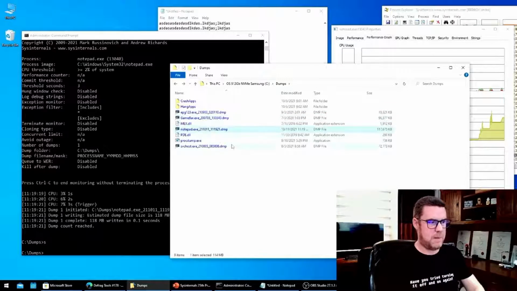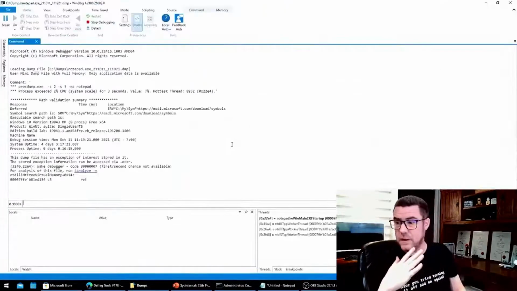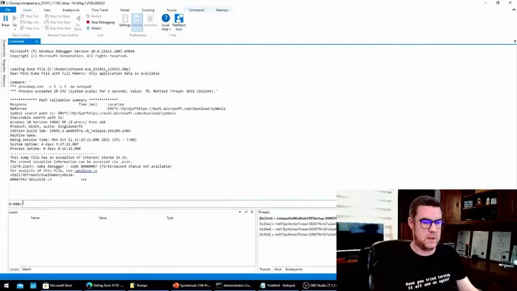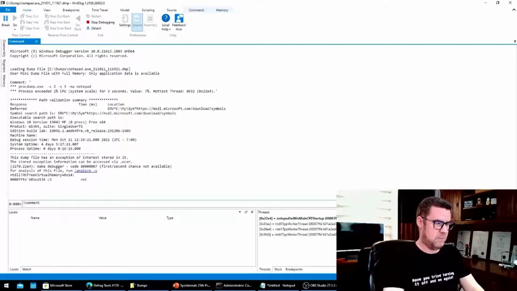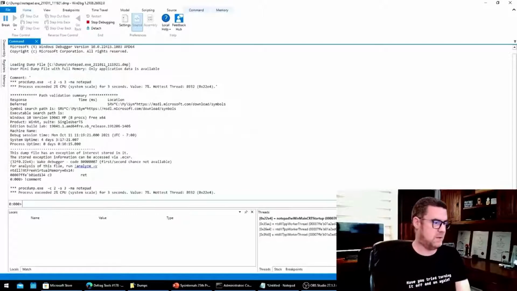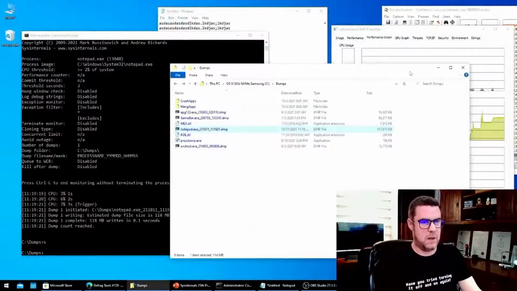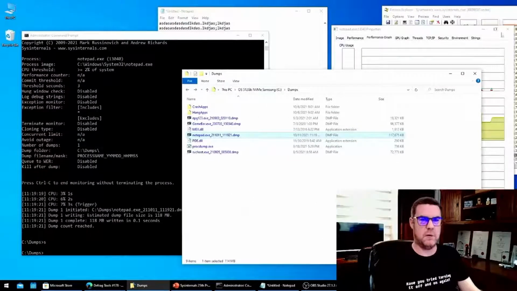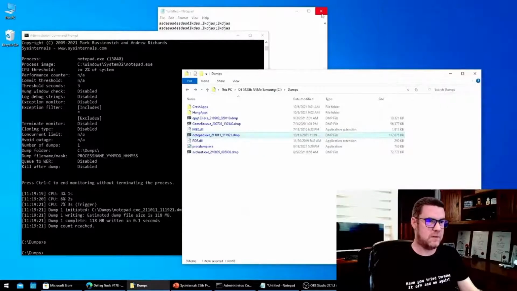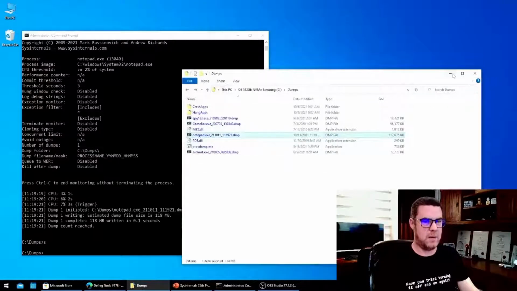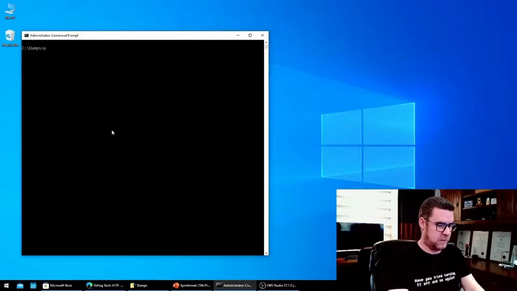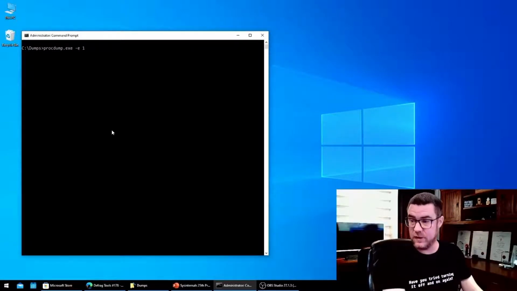And then if you open up the dump file, it will default to the thread that had the most usage. And if you use the command bang comment, you can see what ProcDump observed and on what thread. So that's like kind of the performance counter view of the world. So let's do something a little bit more invasive, and let's look at ProcDump. So let's look at this Trace Explorer.